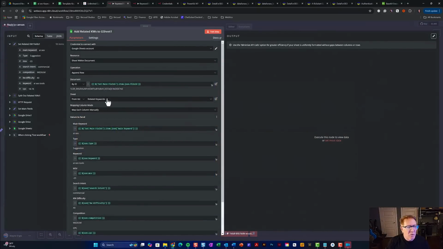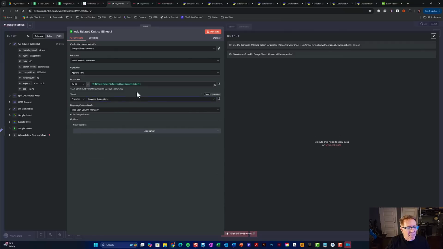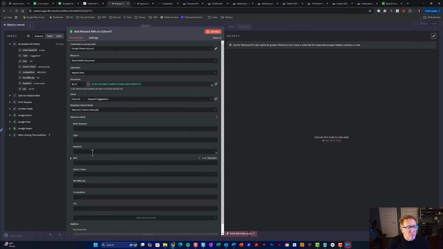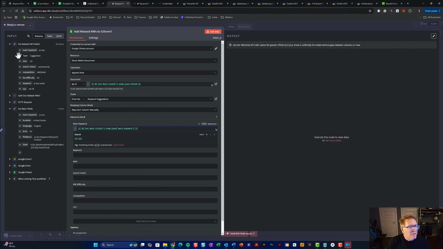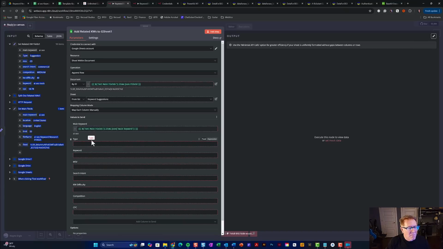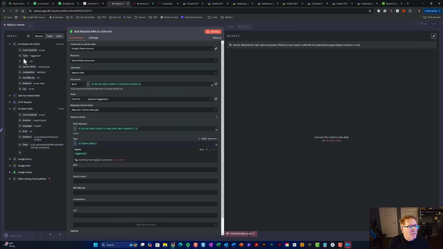Inside the sheet. So we've got most of the things already set correctly, except for this. It's going to be keyword suggestions, and now it's going to ask us to map all of that again. So I'll do that real quick. So from the main keyword, we've got that. Type, we have type, the keyword itself, not the main keyword, but the